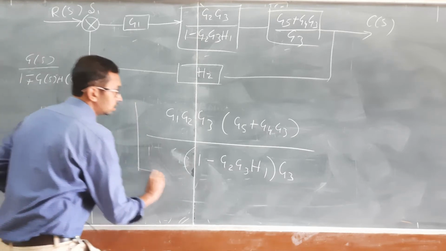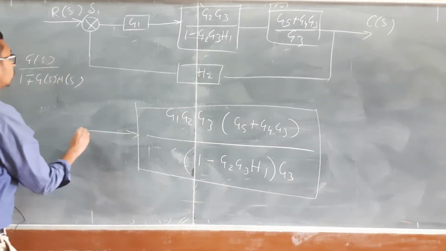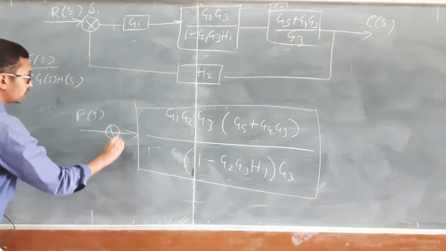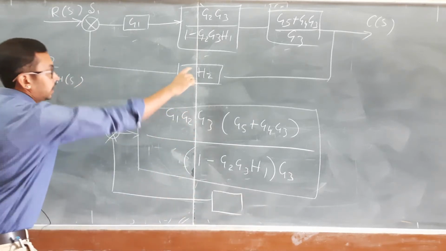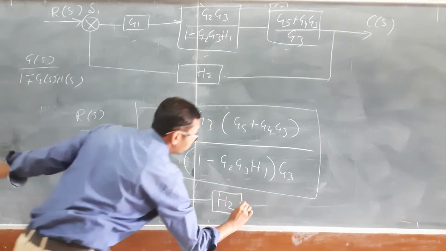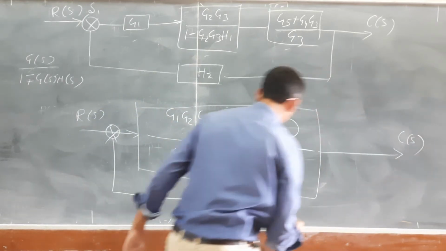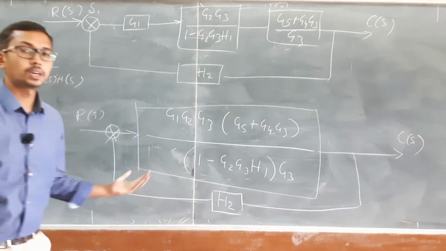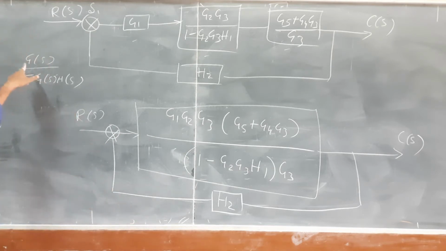This is R of S, and I am having a summing point over here. So the feedback signal of what? H2. You are having a feedback signal of H2, and finally the output is C of S. Okay, so what is the next step? See, this is a minor feedback loop. We need to apply this formula G of S divided by